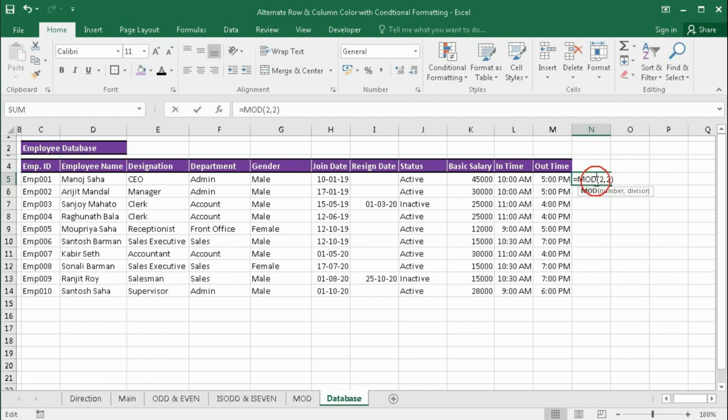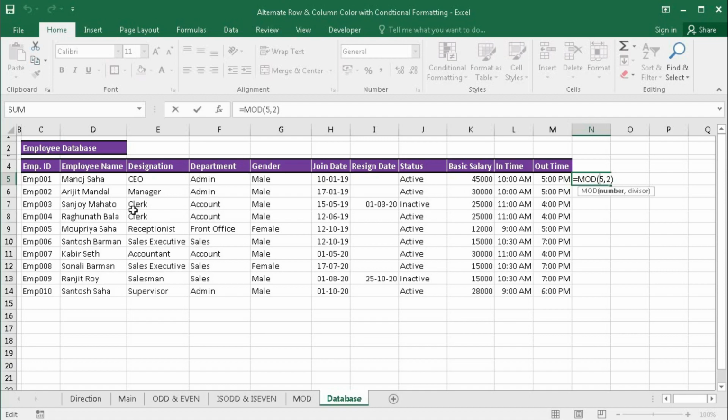So if we divide 3 by 2, then our remainder will be 1. And again if it is 5, then the remainder will be 1 because 2 into 2 is 4 and 1 is the remainder. In this way the MOD function works.